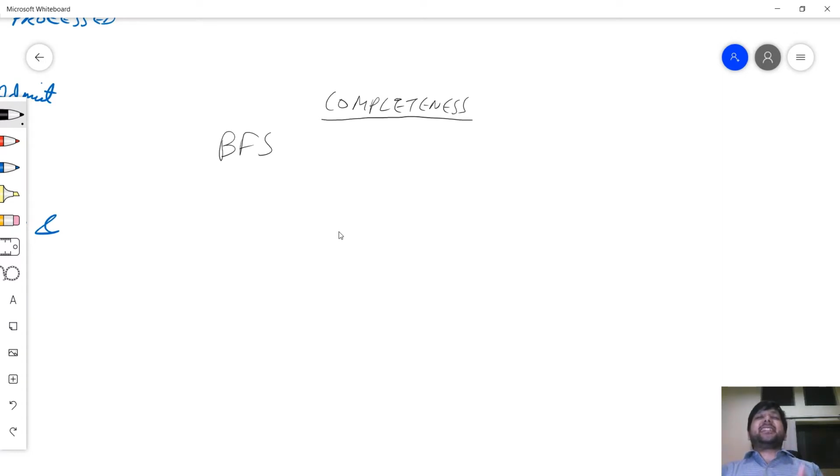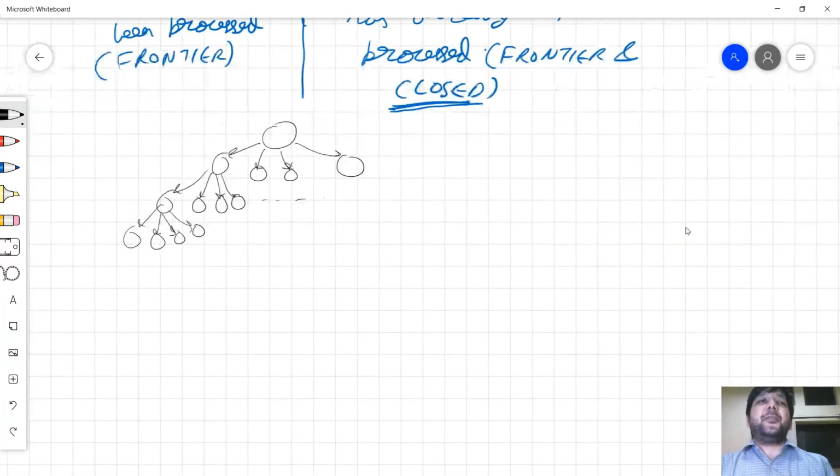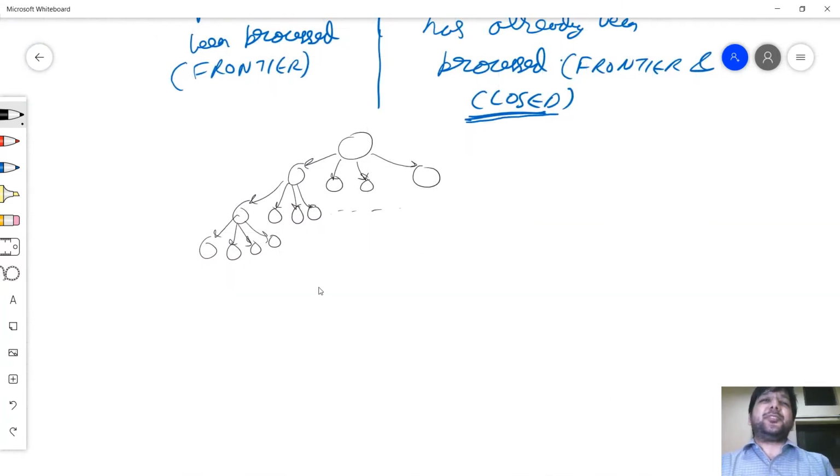So we look at when a solution exists. If a solution exists, does the algorithm guarantee to give you the correct solution? And let us see whether BFS will be complete or not. Now, we've already assumed that a solution exists, and let this be the solution. And because a solution exists, it will be at some depth d. So let d be the depth at which the solution exists.